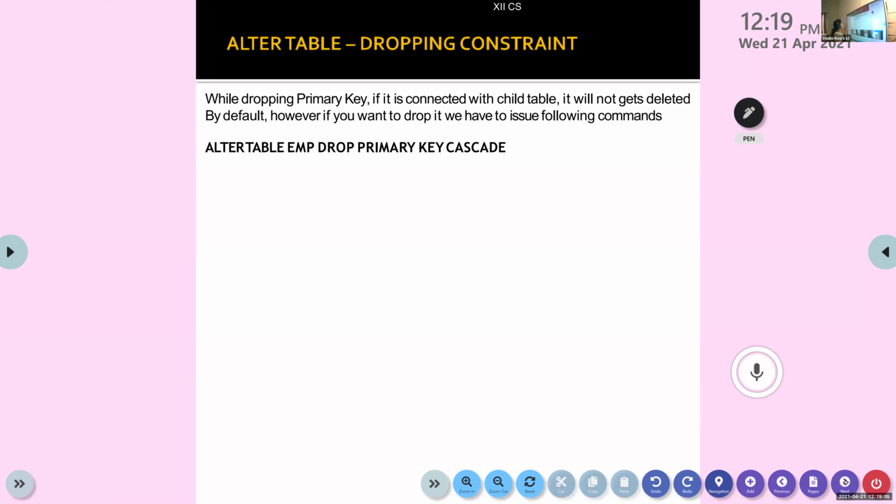When you drop a constraint, especially the primary key constraint, you can give an extra thing, that is cascade. Cascade means automatically the columns related to this primary key, like DPT, which has it as a foreign key, and one more table, department, and suppose a table called salary.